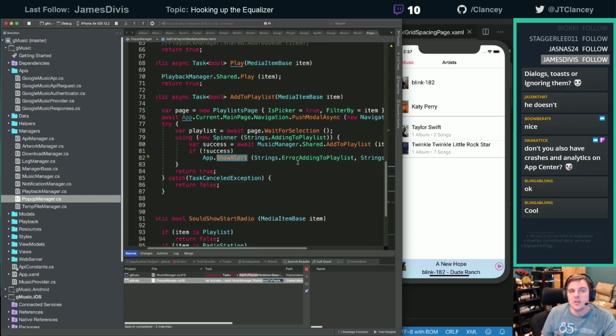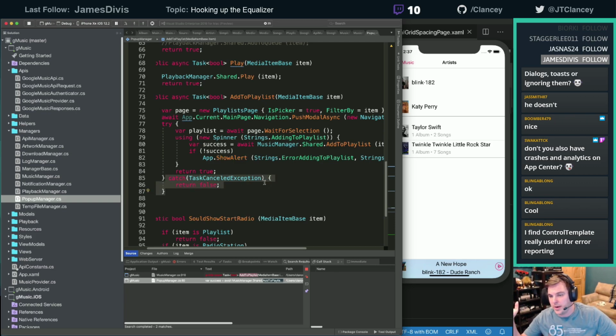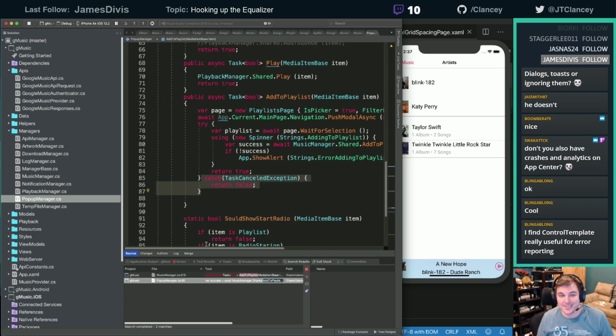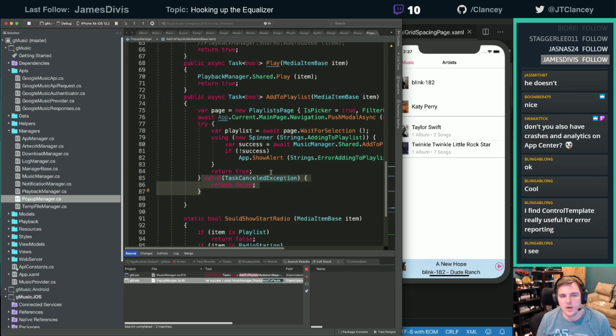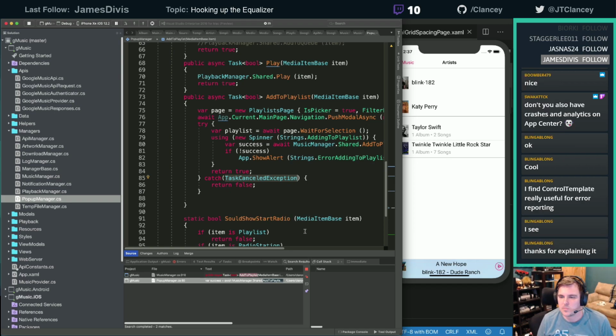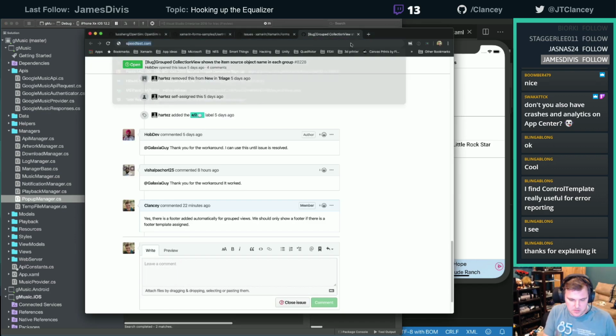So yes. And if they were trying to log in, you'll notice again, task canceled exception, don't care. Don't worry about it. Because if they canceled logging in during it, they know it didn't work. So all my task cancel exceptions I just ignore and we move along. Yeah, no problem. Like I said, logging in, though, one of the things, and I can bring that up really quick, but